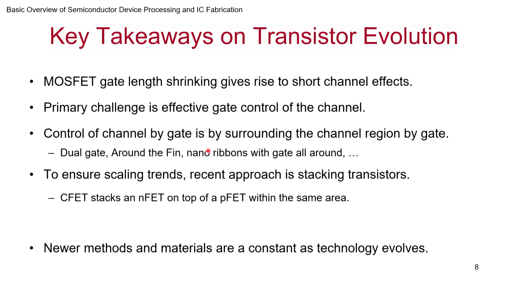Then they went all around. And then of course today that's not enough, because you want to pack more. So if you're now putting two transistors in the place of one with a complementary FET, that way you double the density in one go. But of course it comes with a cost: the challenge of building it and the challenge of connecting it, and so on. So this is the current trend, and this is likely to come into market maybe in the next 5 years or so.